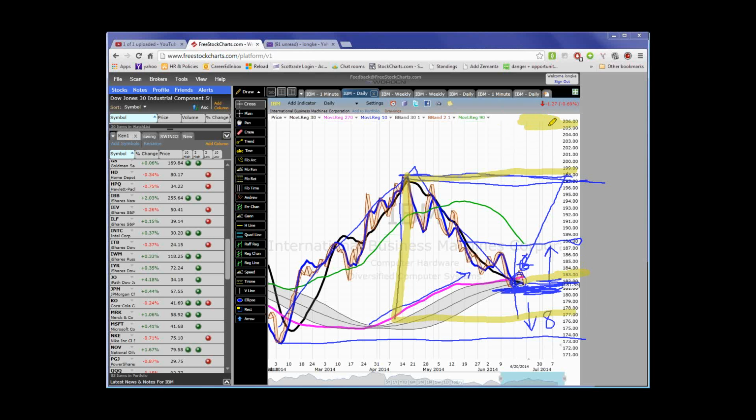So longer term, if we get this kind of move here, 1, 2, 3, then 206 is the upside target for IBM. So that's a way that we can use this regression line fractal framework to start estimating some reasonable moves. In the meantime, our auto framer, just using the 10-day high and 1 day of range risk, has identified